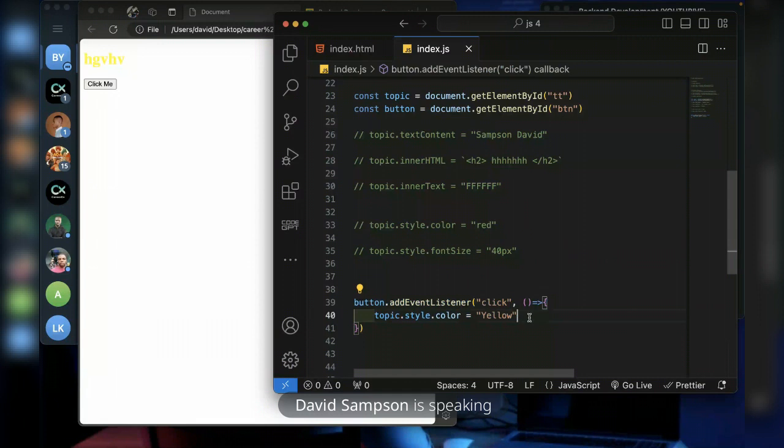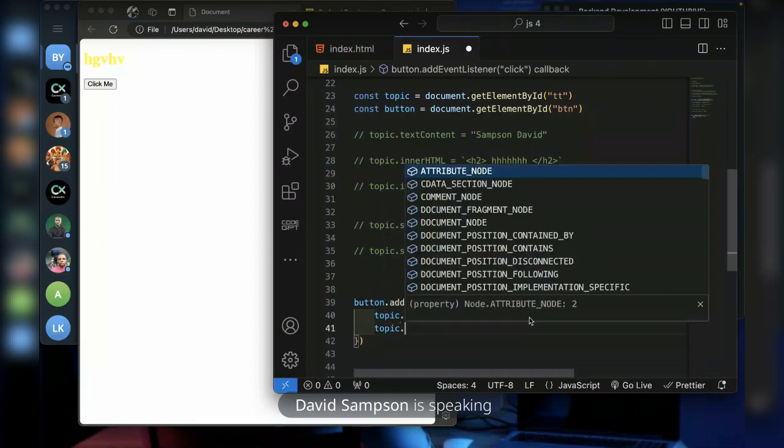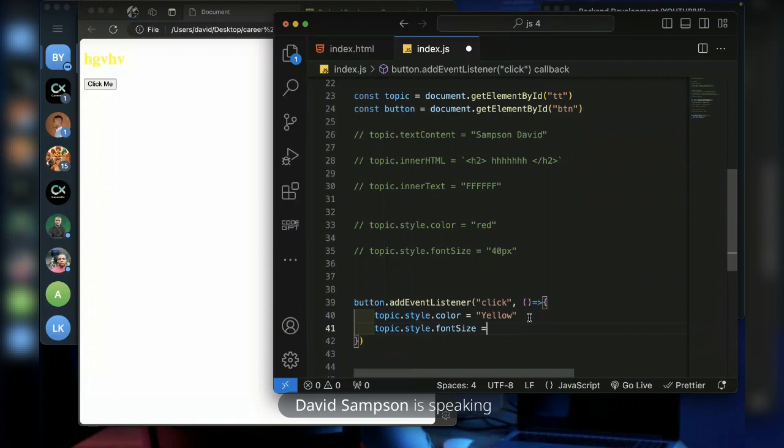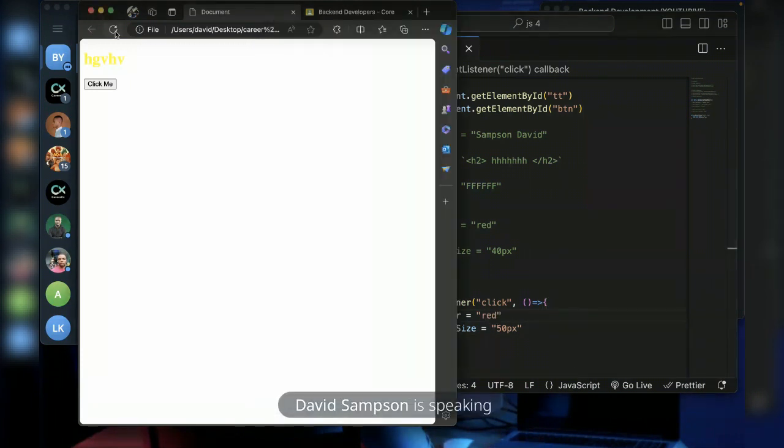You can also say, let this font size be increased. Style.font size, set it to something like 50 pixels. Change the color from yellow to red and save it. So if I refresh this and click on it, the color becomes red and the font size